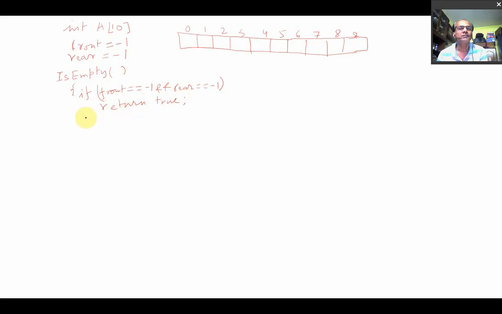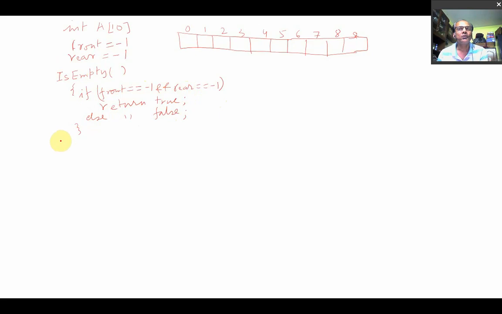That means the queue is empty, else return false, right? The working principle of this function is clear. It is true every time when the queue is empty. That I will show you.